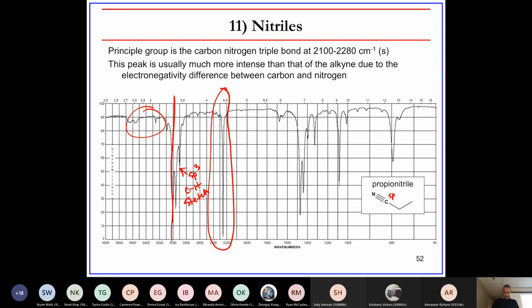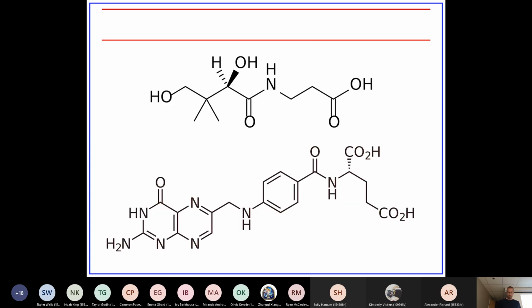Cool. 1600, we would say fingerprint. And no double bond, so nothing in the double bond part of the spectrum as well. Look good? Great. Okay,